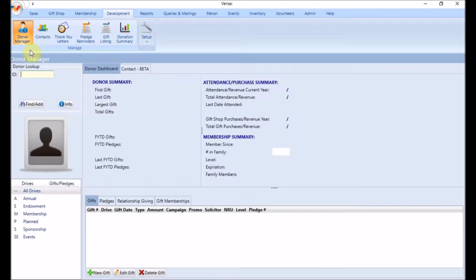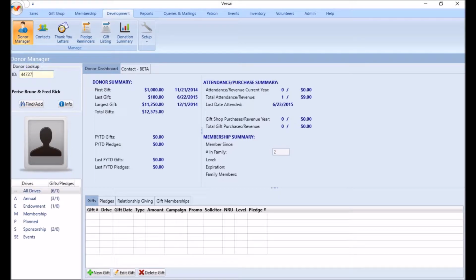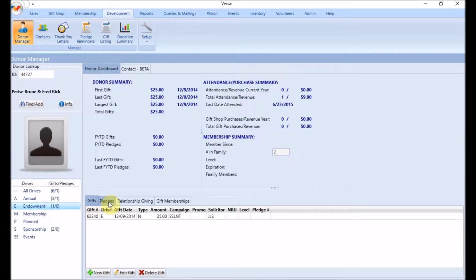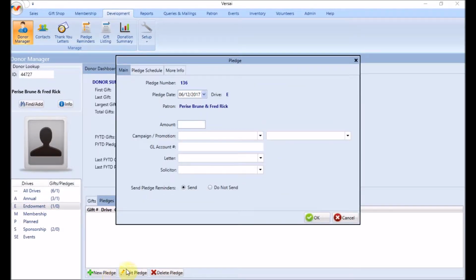In the Donor Manager, look up a patron record. In the box below, select the drive for the pledge. Next, change from the Gift tab to the Pledge tab. Click New. In the Main tab, like you would for a normal gift, fill in date, total amount of pledge,